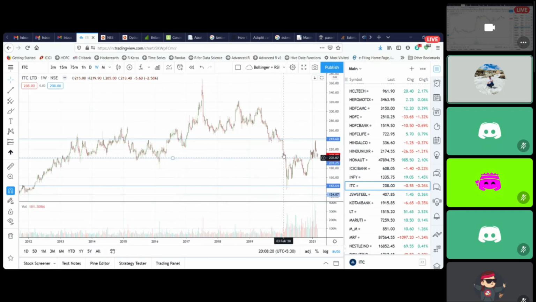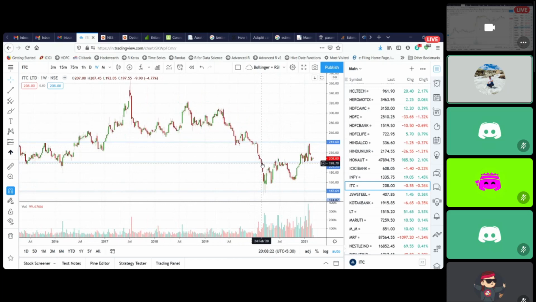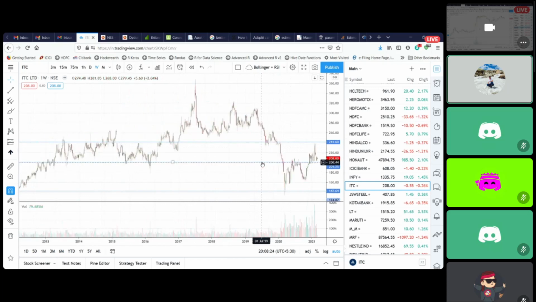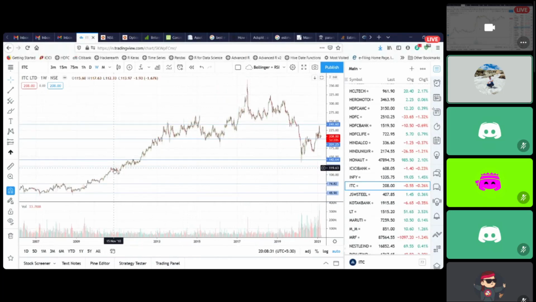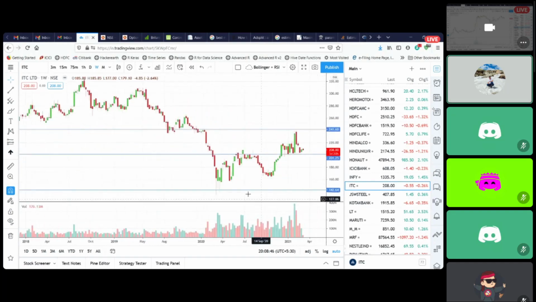But since ITC just fell down and didn't even respect the support at 200, look out for the next support here. So the next support in ITC comes in this region where we have these tops at 120 and lots of trading happening here, the 120 to 140 zone. So this becomes the next support zone for ITC. So once this support is taken out, start looking out directly for trades in this support zone. And it turns out ITC started hitting bottoms at around the 135 to 140 region only.